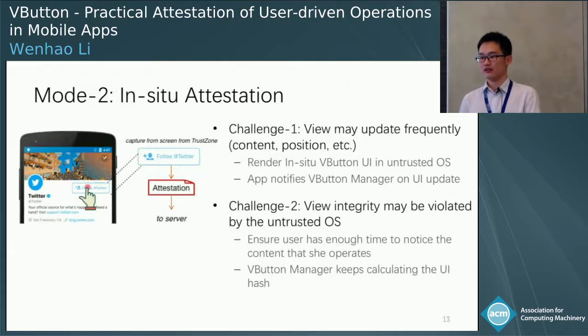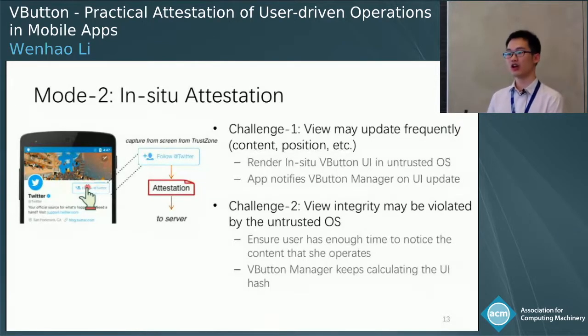In that way, the VButton manager may calculate an incorrect image of the view, which does not meet the user's requirement. We solve this problem by ensuring that the user has enough time to notice the content that she operates, and then in the background at the same time, the VButton manager keeps calculating the UI hash continuously to make sure the hash keeps consistent.